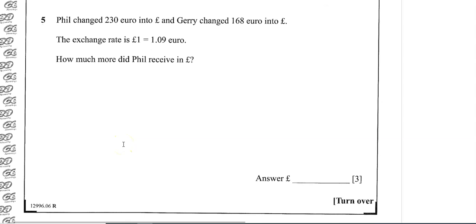Next one, Phil changes 230 euros into pounds. Jerry changes 168 euros into pounds, and the exchange rate is this. So let's see. For Phil then, what does he get? So from pounds to euros, you multiply by 1.09. So going back the way from euros to pounds, sorry, you're going to divide by